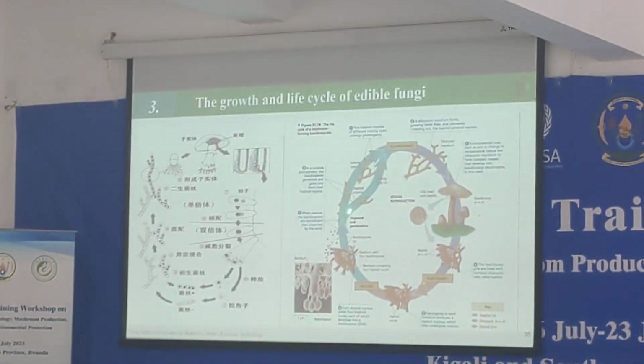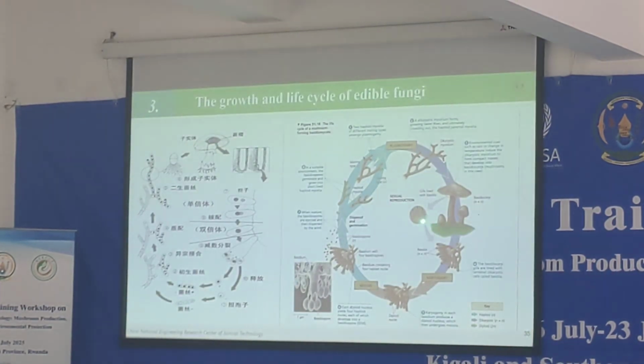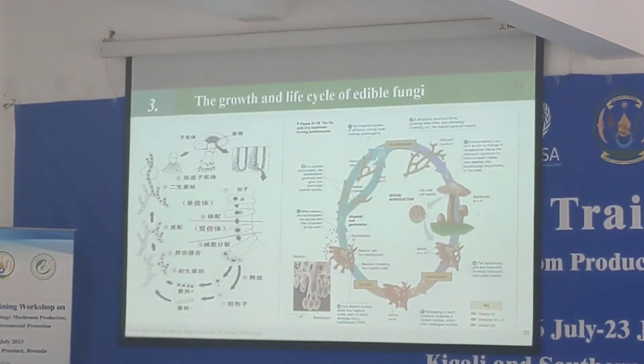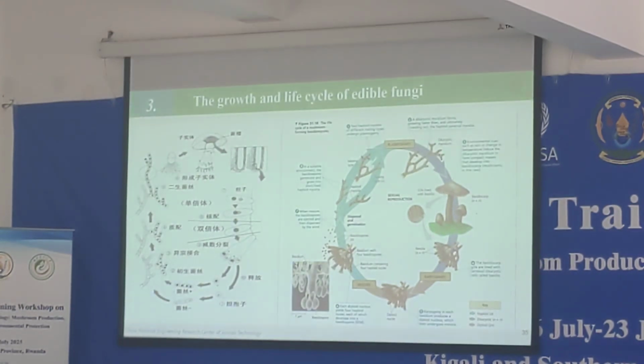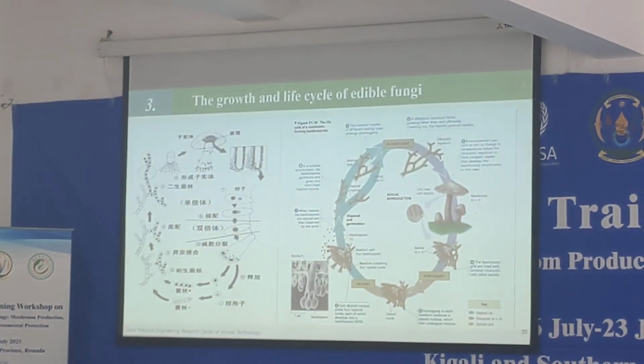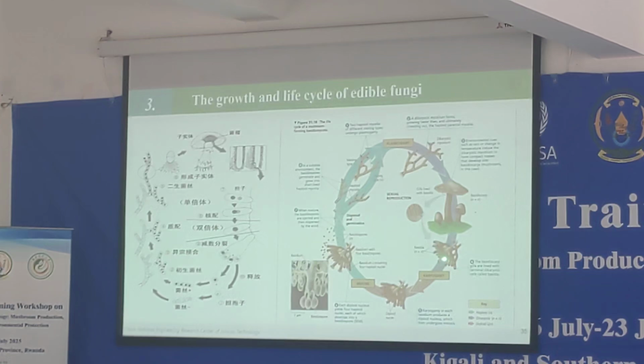So this diagram is for the life cycle of the mushroom. This is the mushroom. When the mushroom becomes mature, the gills will produce the spores. Spores will germinate into mycelia. Different mycelia will fuse together and become the secondary mycelia, and then develop into diploid mycelia, and